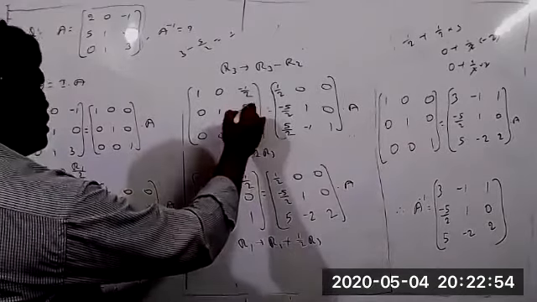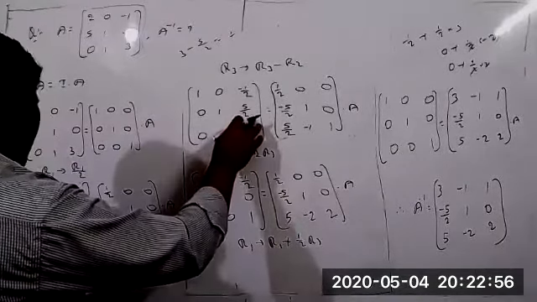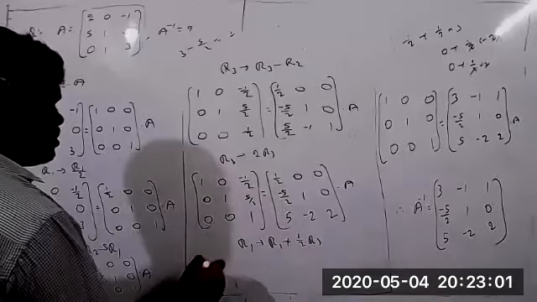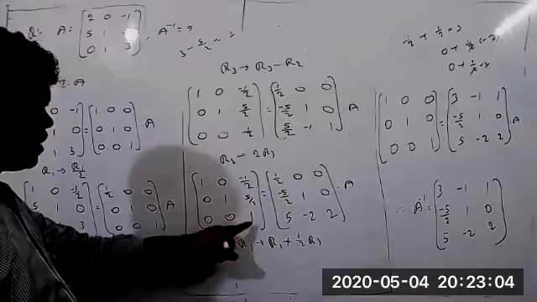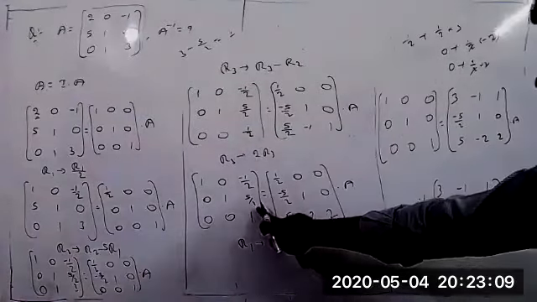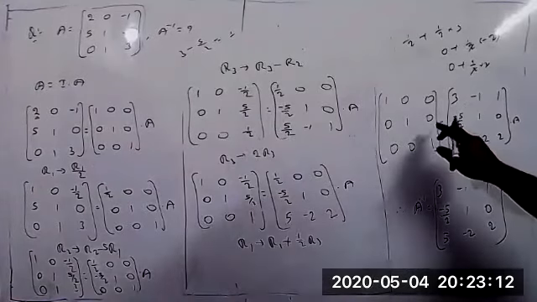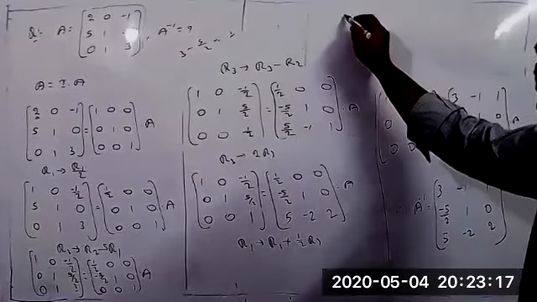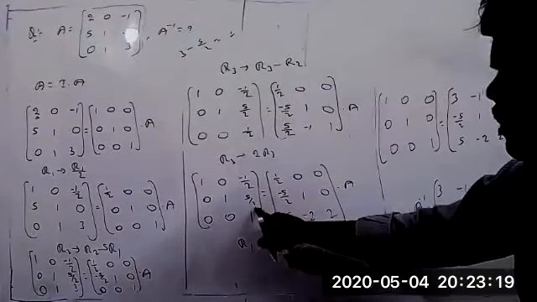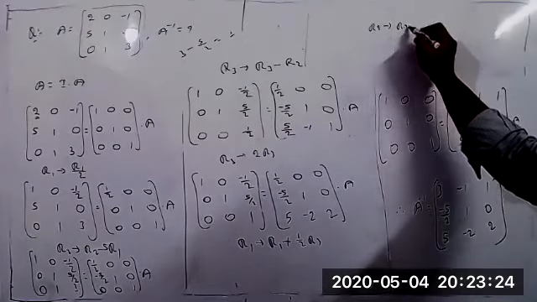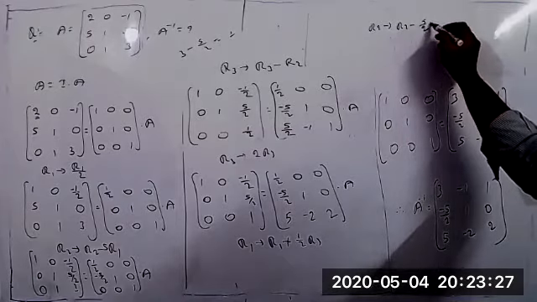And here also, sir, the 5 by 2. Yes, I'm changing this one. This is the 5 by 2. Right now, we have to get 1. It's correct only, no problem. For getting 1 it is, and here also 0 is required now. So before that, you can write one more step. Here 5 by 2 is there, so R2 such that R2 minus 5 by 2 into R3 you can write.